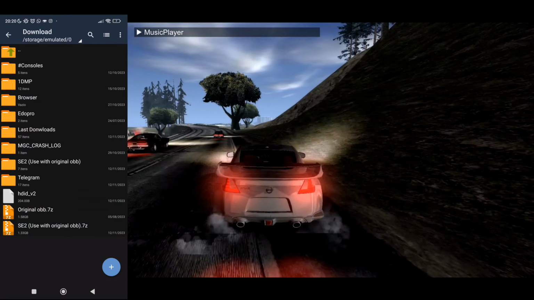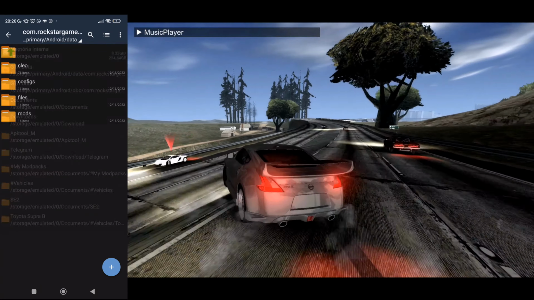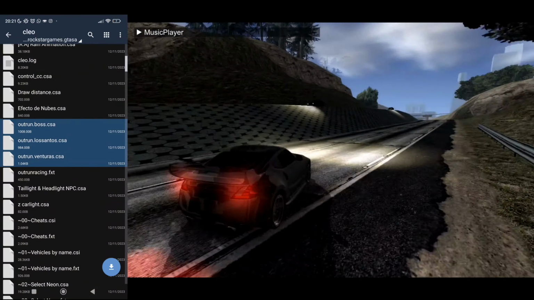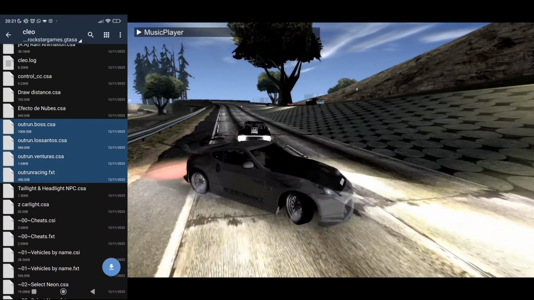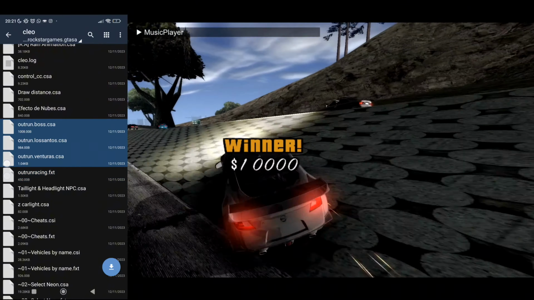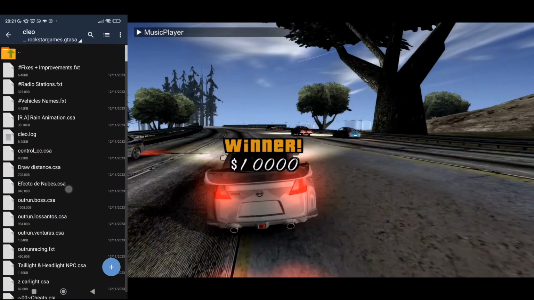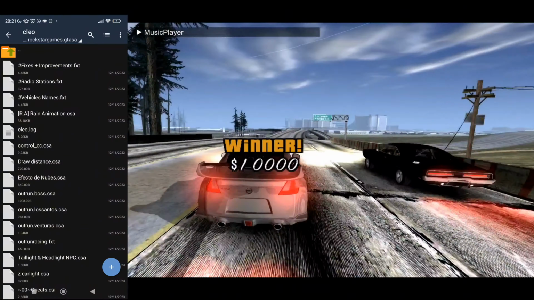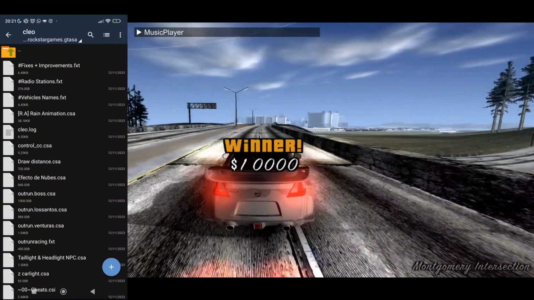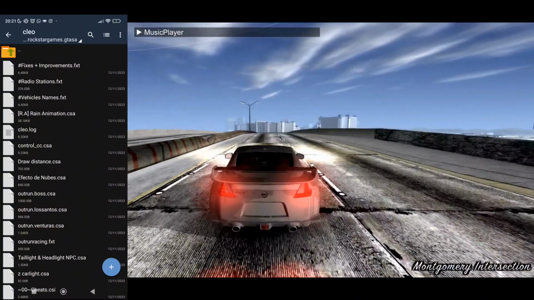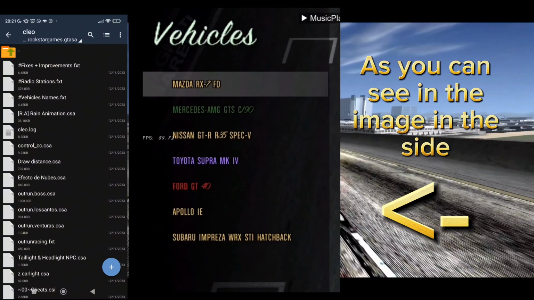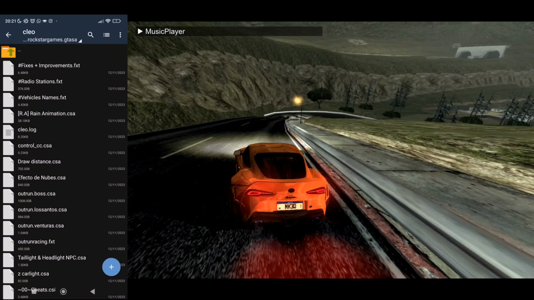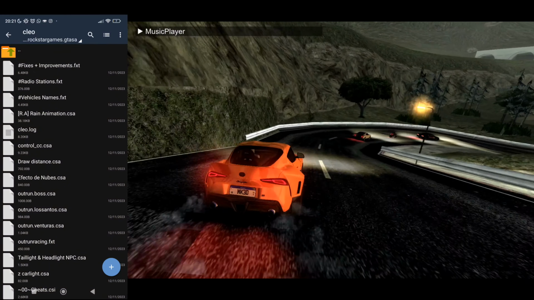Oh, there is something else I forgot to tell you. There are a few options in the game, which are these ones for outrun races. And inside of the game, when you select the vehicles, they will have different text colors. I will put an image here and a video playing right now, so you can see what I'm talking about. So the vehicles with green text are for outrun racing